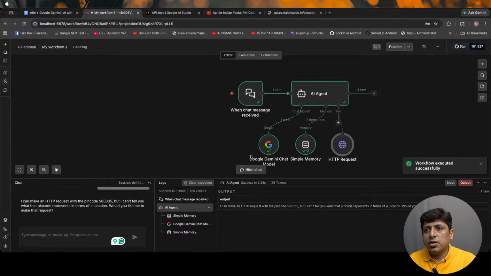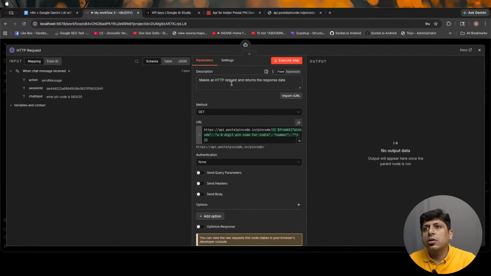Okay, now if you see, it is saying I cannot make the HTTP request for pin code, but I can tell you to make Tom's location. Would you like me to make a location? Why did it not call the tool? It makes an HTTP request. Rather, we should give a description: search a location by